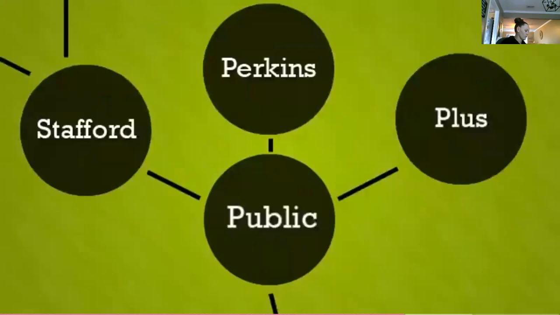In much the same way that the FSEOG that we discussed earlier is a grant for students with exceptional financial need, so too is our next type of loan. Eligibility for the Perkins loan is also determined by the FAFSA. The Perkins is the best college loan available in that it's completely subsidized, again meaning that no interest accrues while you're in school. It has a low fixed interest rate and a 10-year repayment period that begins 6 months after you leave school.